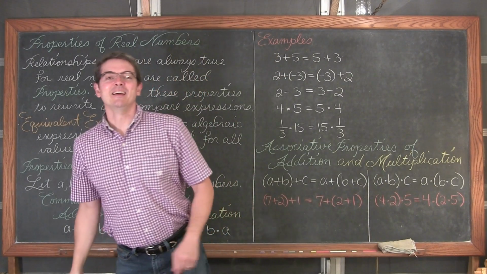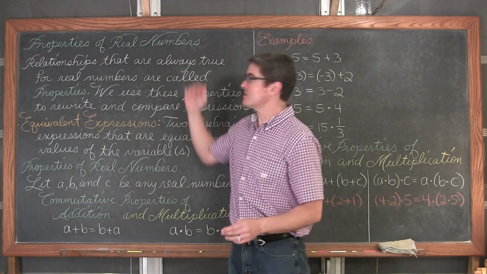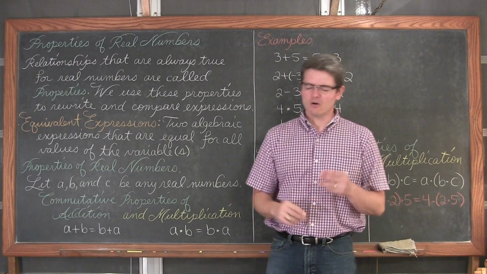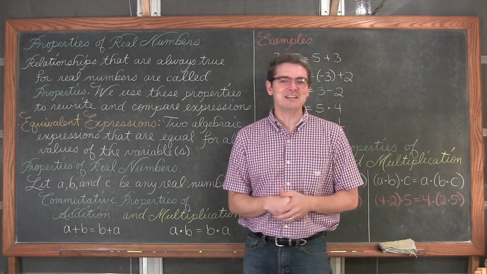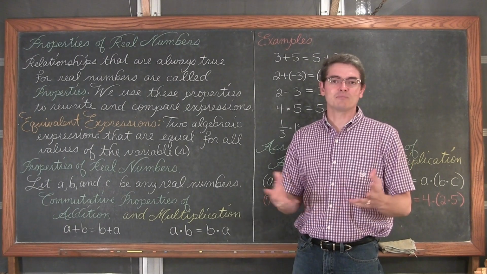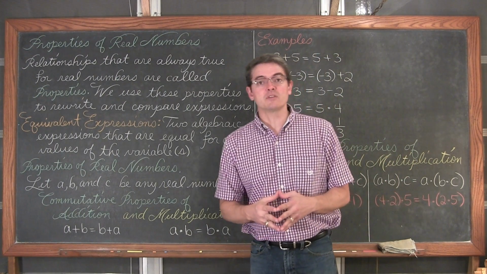Mr. Giroux, in this lesson we are going to be looking at some basic properties of real numbers: the associative and commutative properties of addition and multiplication. Division doesn't have associative properties, as we'll talk about, or commutative properties for that matter. We'll be looking at identity properties of addition and multiplication.